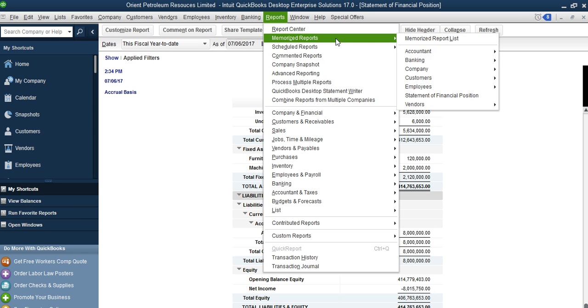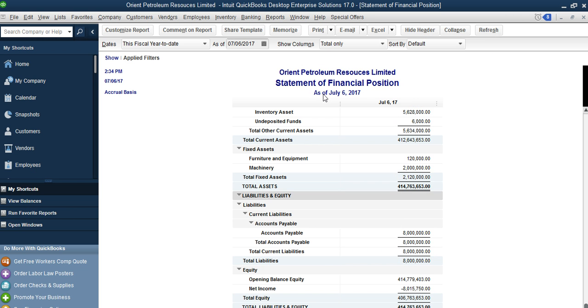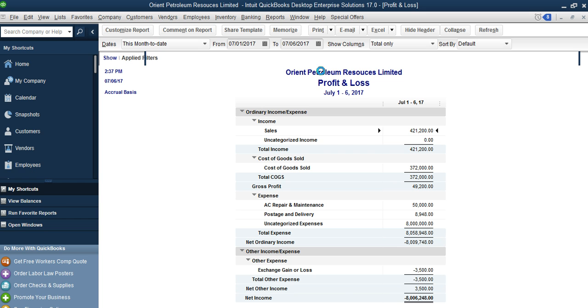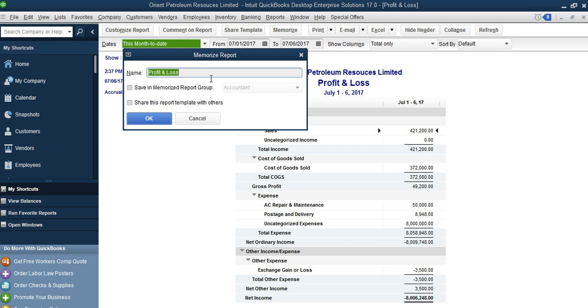The same thing applies to your profit and loss. If you go to your profit and loss now, normally we don't call it profit and loss again. We call it statement of profit and loss and other comprehensive income. But we want to change the name, just the way we did for our balance sheet. So you memorize it here and call it